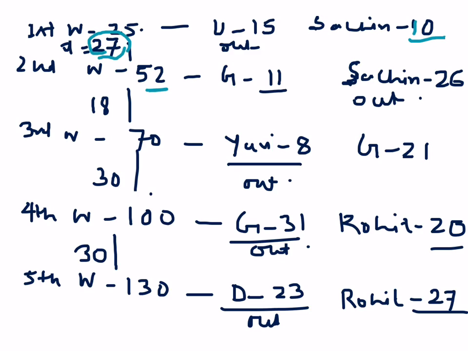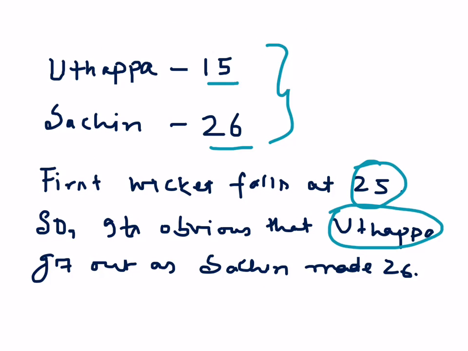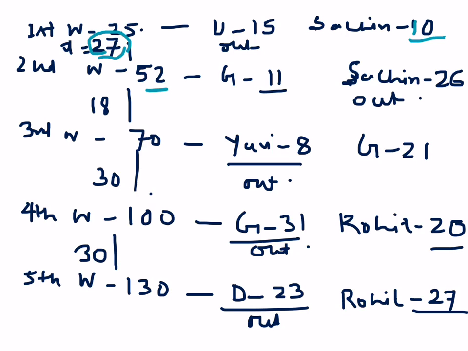Now 27 runs are being added to the score, and obviously when the first wicket fell, Gambhir came to bat. Gambhir has made a total score of around 30-something, 31. So Gambhir cannot be out, because only 27 are being added. If I add all the 27 runs to Gambhir's score, even then he won't be able to achieve a score of 31. So I'm certain that Sachin will get out, because Gambhir cannot reach his score with an increase of 27 here. So what happens when the second wicket falls?